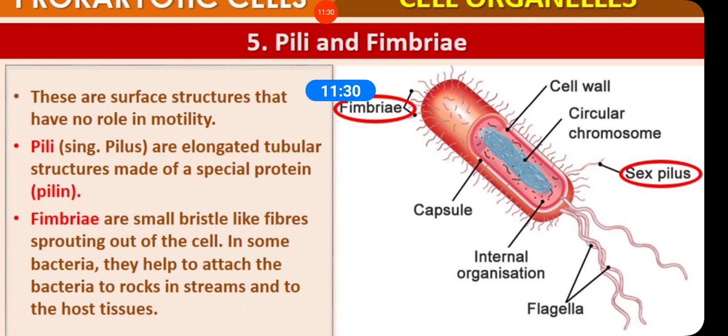Fimbriae are small bristle-like fibers which come out of the cell. In some bacteria, they help to attach the bacteria to the rocks in the streams and to the host tissues. So pili are longer and broader. Fimbriae are shorter and narrower. Pili play a very important role in conjugation, and fimbriae help in attachment. Pili are tubular in structure and fimbriae are bristle-like structures. These are the basic differences between the pili and the fimbriae. I hope the flagella, pili and fimbriae